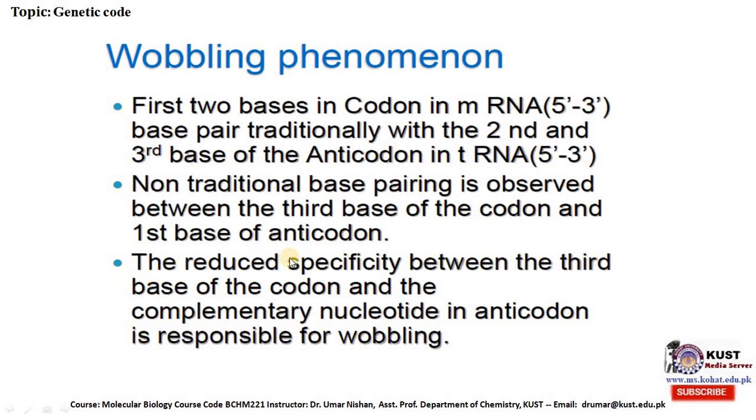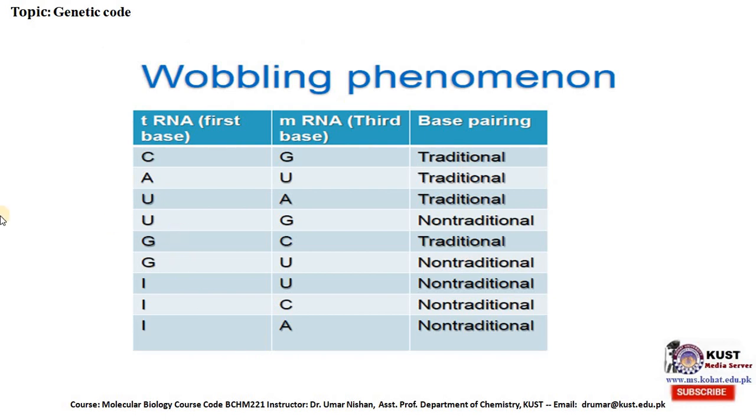The reduced specificity between the third base of the codon and the complementary nucleotide in the anticodon is responsible for wobbling. Now, the wobble phenomenon: here the transfer RNA first base and messenger RNA third base, C and G, this base pair is